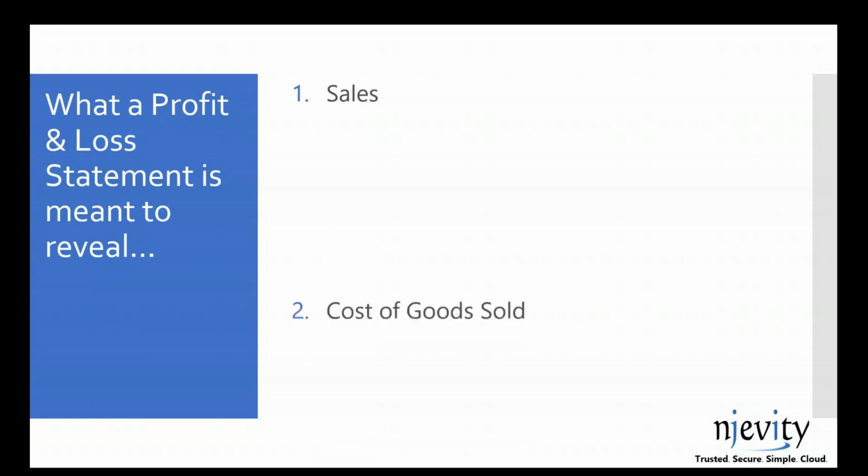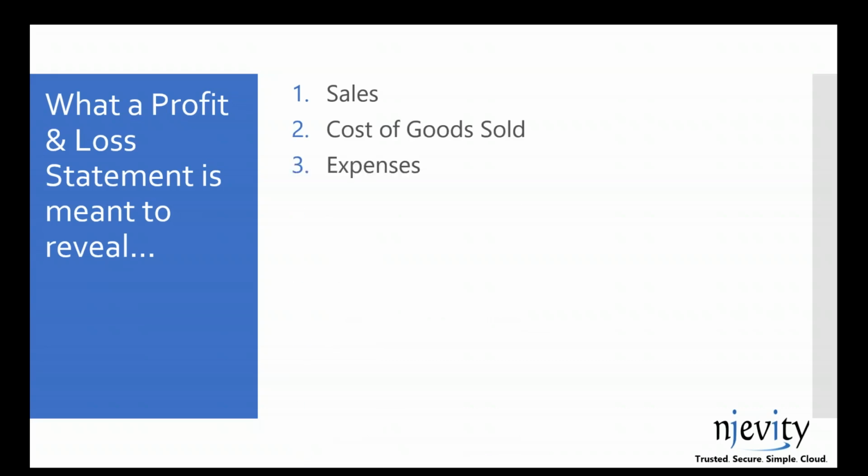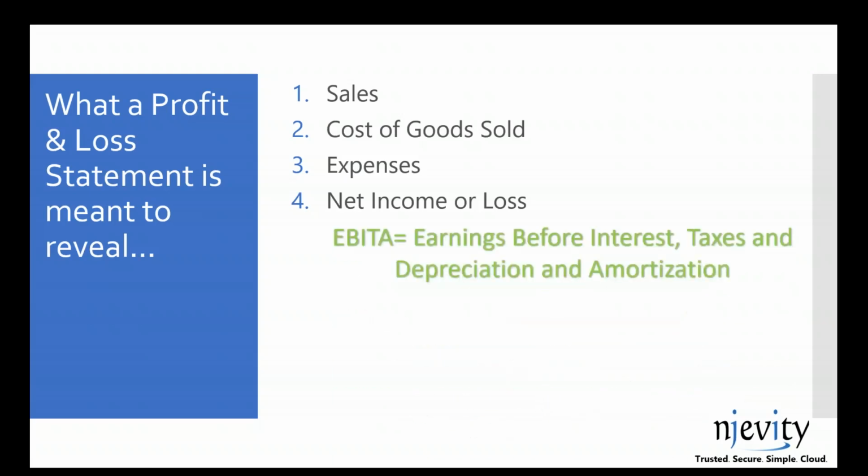So profit and loss, what is it meant to reveal? It's meant to reveal sales, cost of goods sold, depending on the kind of business that you're in, expenses, and the net income or loss. Often we don't want to just know the complete net income. A lot of times we want to know something called EBITDA, which is the earnings before interest, tax, depreciation, and amortization. Meaning, what is the real net profit? If we took our revenue and we took all of our expenses and cost of goods sold, how much money's left? And that we know we have to pay taxes on it. We might have interest income. We might have interest expense. But factoring in what did the business really bring in before we get into some of those big picture things.